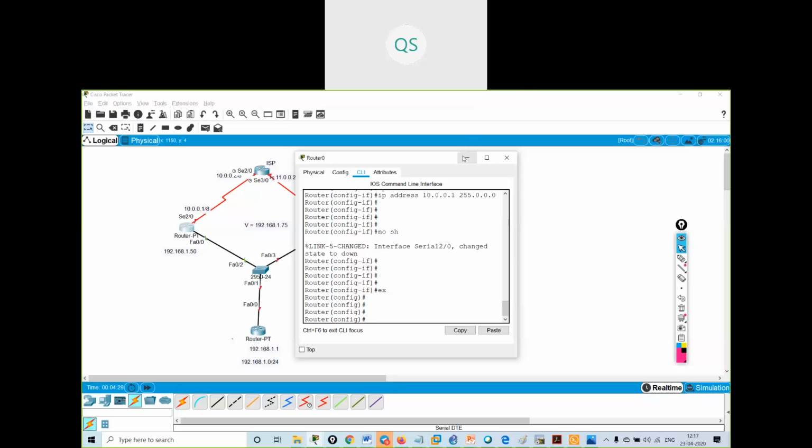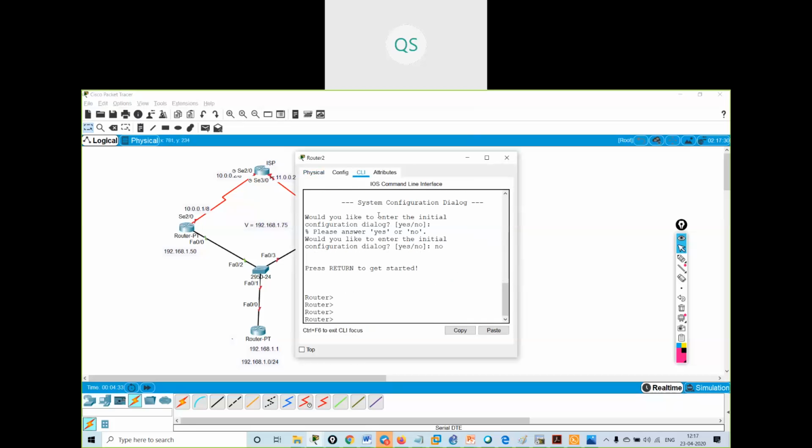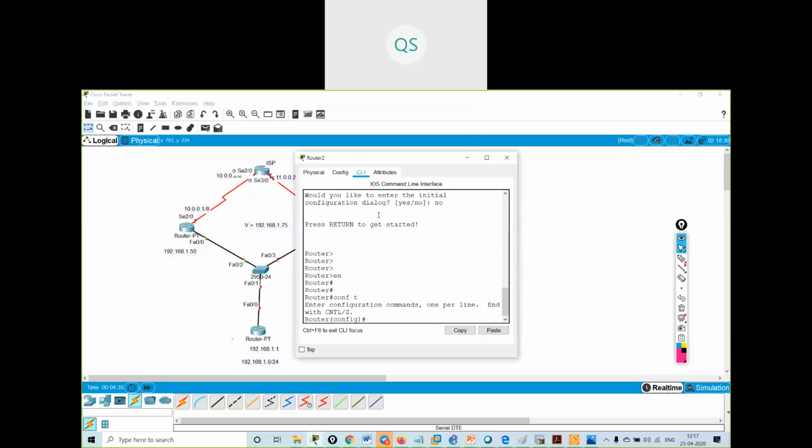I will go on this router. I've given the IP address: enable, config terminal, interface fastethernet 0/0, IP address 192.168.1.100 255.255.255.0, 1.100 only I've taken over here, right?